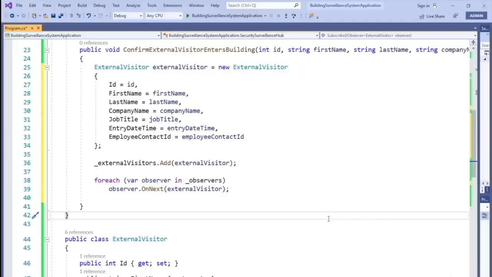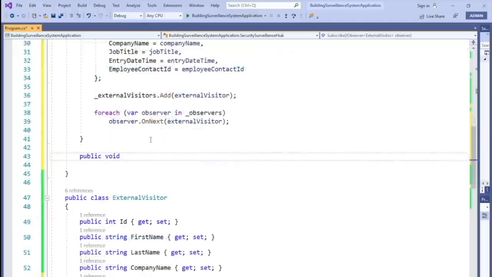So next, let's implement a method that is called when an external visitor exits the building. So let's name this method confirm external visitor exits building. This method is a public method that contains two parameters. One parameter